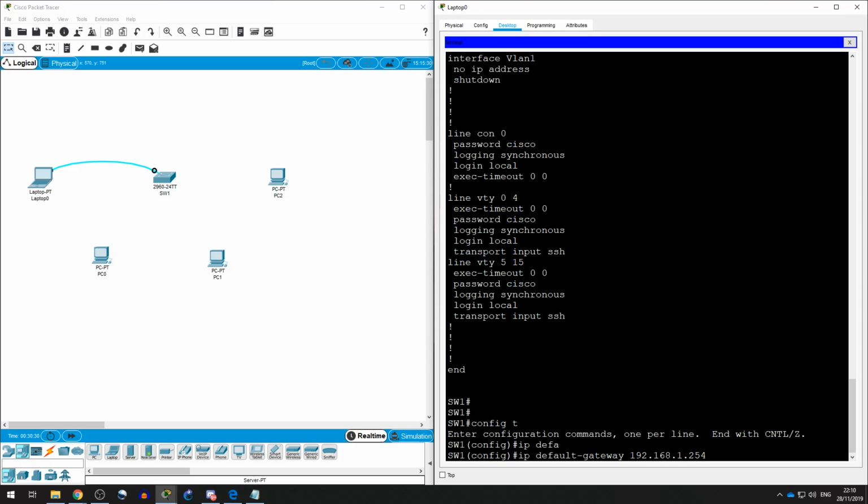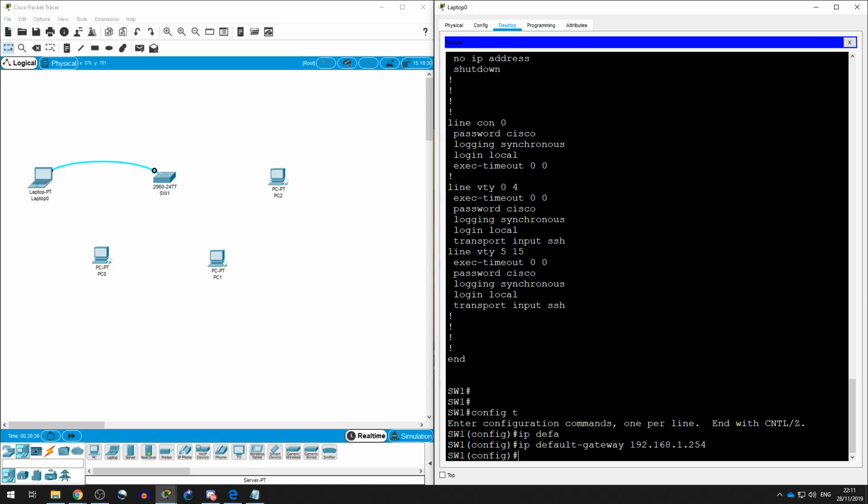You don't need to put the IP address in on the side of it because it's going to be within your network, which you will set when you set your IP address for the interface in a second. So just like you do with your PCs and all the rest of it, you set your default gateway so that it knows how to get out onto the internet, or onto the other networks. Because we haven't configured any other VLANs,